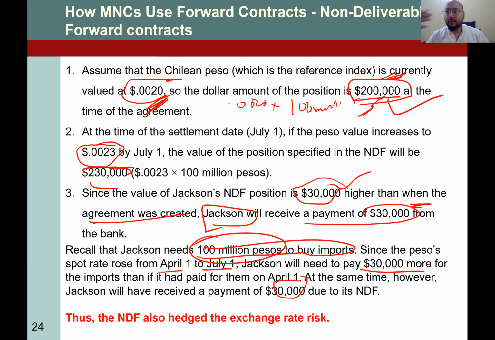What if this transaction is reversed? You have a loss of 30,000. So 30,000 you will be paying to the bank. If the position is opposite here,